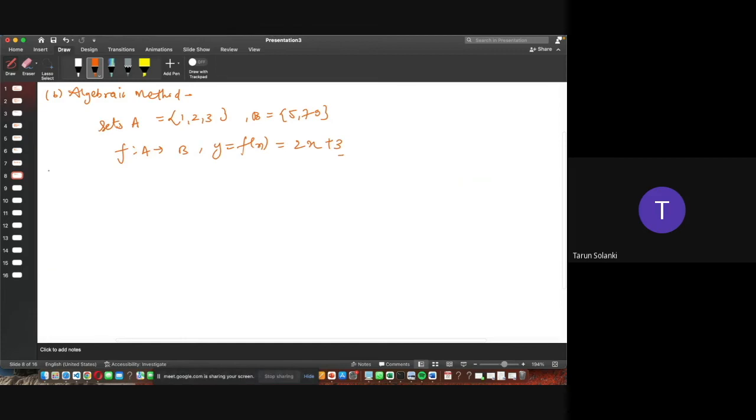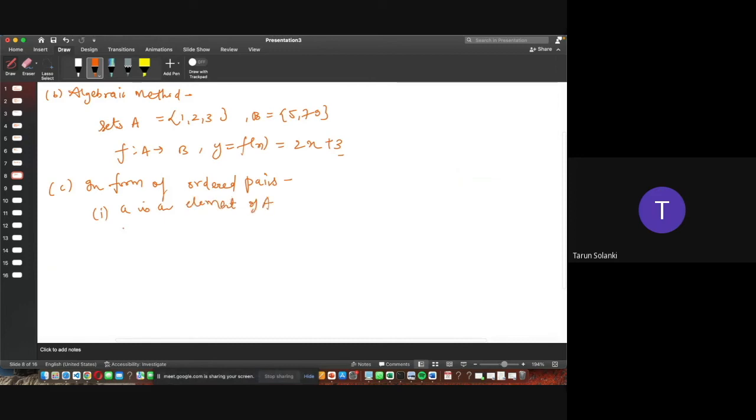Next is the form of ordered pairs. A function f from A to B can be expressed as a set of ordered pairs in which the first element of every ordered pair is a member of A, and the second element is a member of B. So f is a set of ordered pairs (a, b) such that three conditions hold: